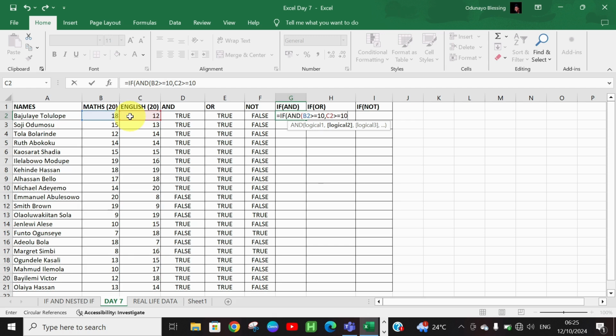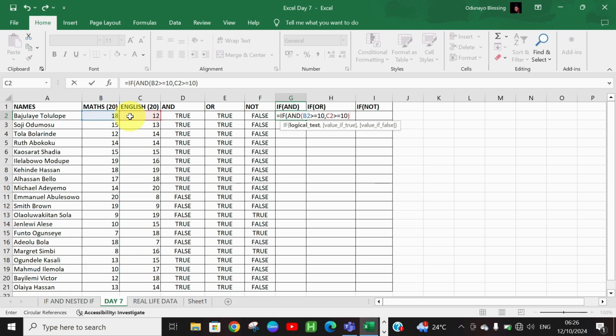We need to now close this bracket, because this AND function is already stated here. You can see the way the AND was done under the AND. It means for this to be true,